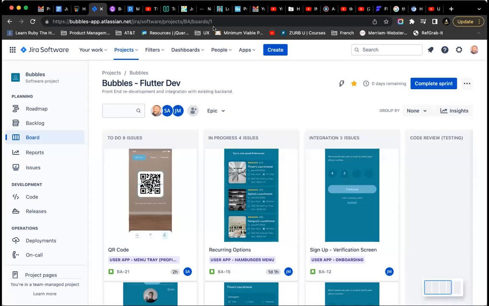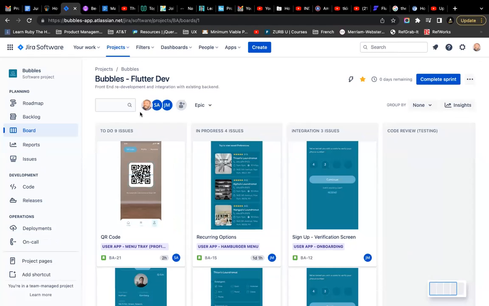For example, when we go here, I'll share that so you can see it. Let me know once you can see my screen. Can you see my screen? Yes. I can see it. All right.